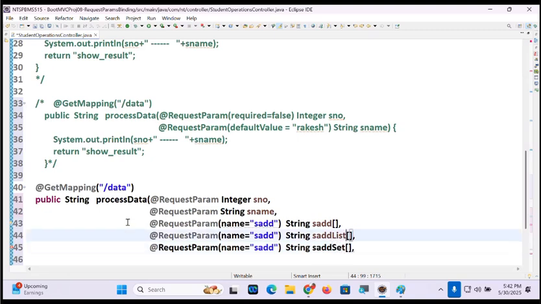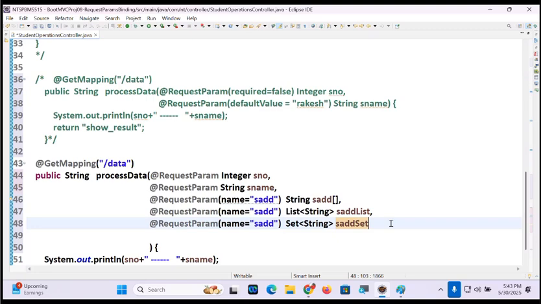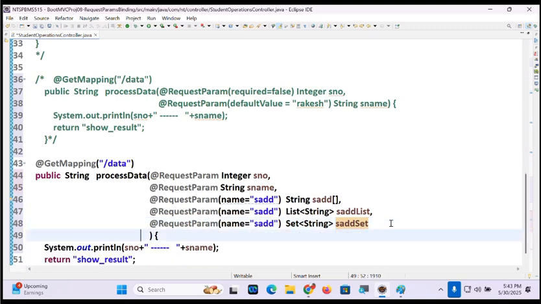Okay, for arrays, array symbols are not required for these. Okay, in the array, the mistake is mine. List of String SADD list. Next, Set of String SADD set. Got it? Yes. Done, boss.